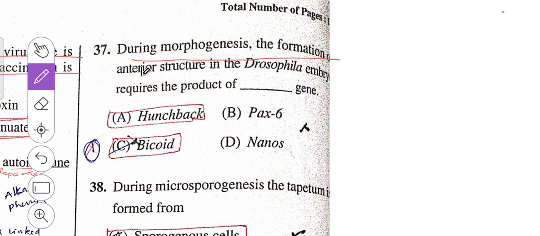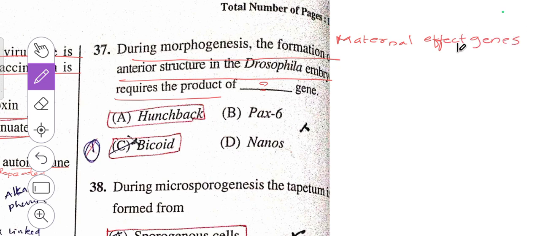During morphogenesis, the formation of anterior structure in Drosophila embryo requires the product of dash gene. Which gene will decide the formation of the anterior structure in Drosophila? As we all know, in Drosophila we come across maternal effect genes. These maternal effect genes, bicoid and hunchback, will decide the anterior part, that is head